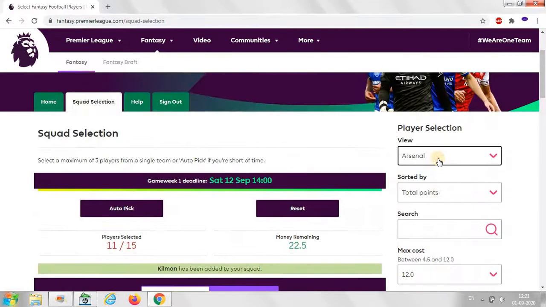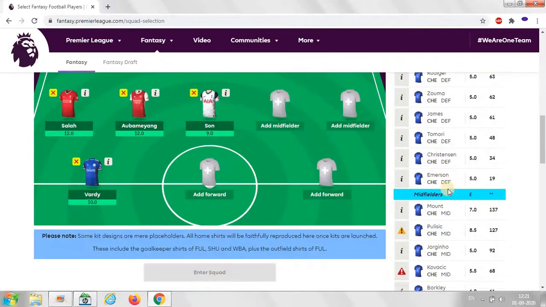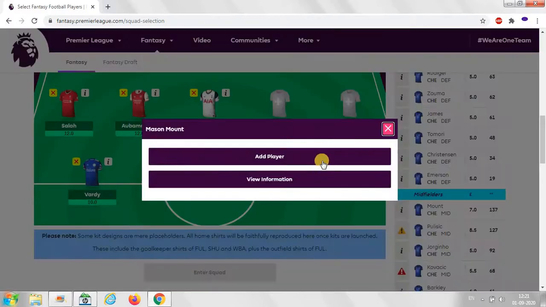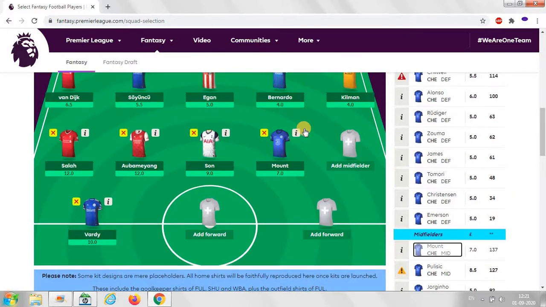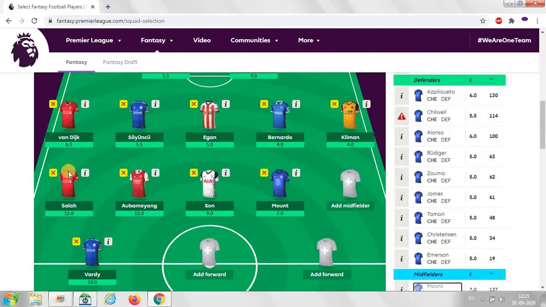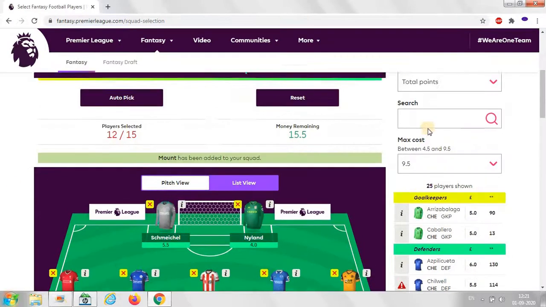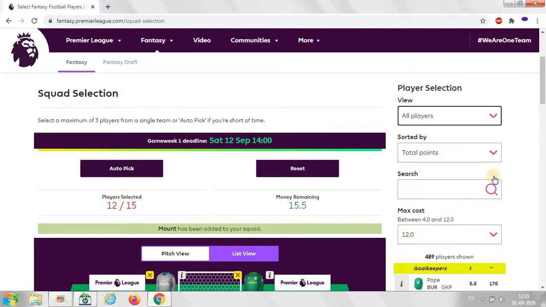So in my mind I have selected one guy. His name is Mason Mount. He was very good last season. You cannot say he was very good throughout the season. He was playing well for 2-3 matches, then he would not play that much. In spite of this, I will select him because I want this team to be a mix of people.